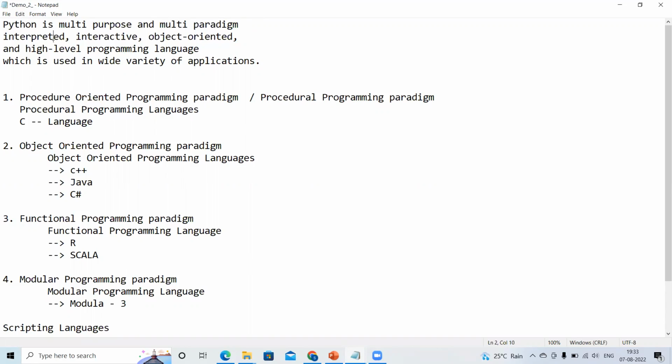And here Python is interpreter-based. I told you, Python is interpreter-based. Why is Python an interpreter? Did anybody get this question? Sir, in graduation, in BTech also, we studied that